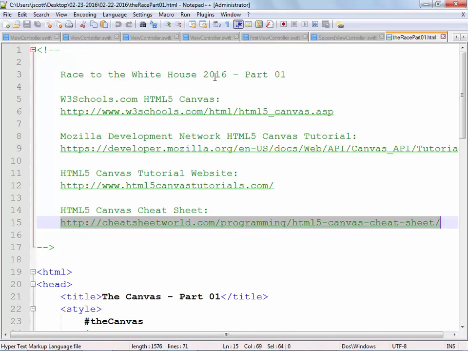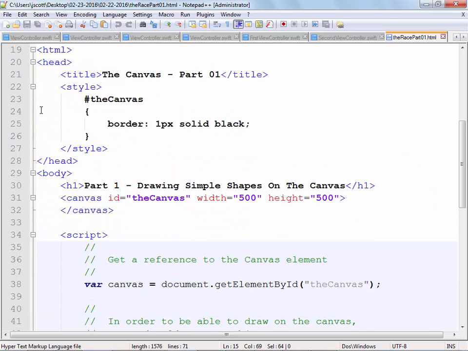This is the first iteration, the race part 1. A couple things that are in here. First of all, when I first started doing this, I broke this up. I put the HTML in one file, the CSS in one file, and the JavaScript in one file. Then I realized I was going to have 30 files, and it just got too big, so I just put everything together. Even though I've asked you to make your stuff unobtrusive, for this example I made it obtrusive, just so you know that.